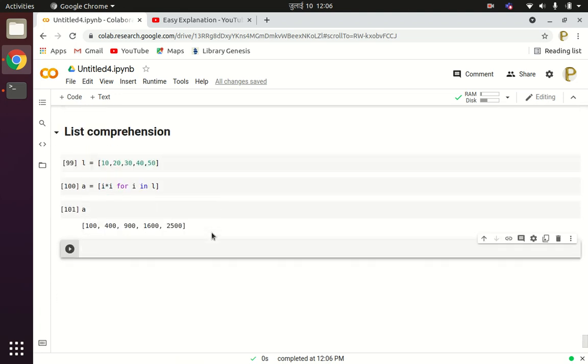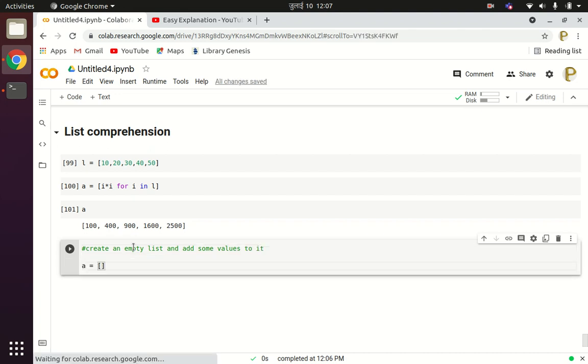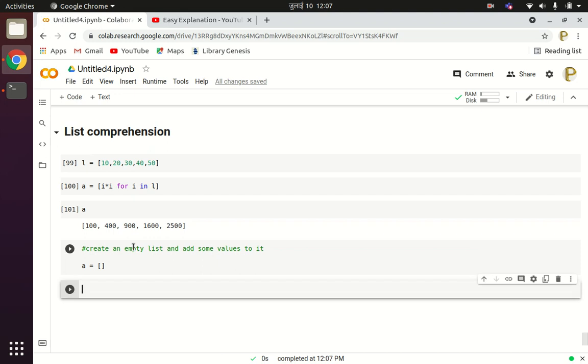Now another thing that we need to understand is how to create an empty list and add some values to it. You can create an empty list as A equals to this. Now A is an empty list, it does not contain any values.